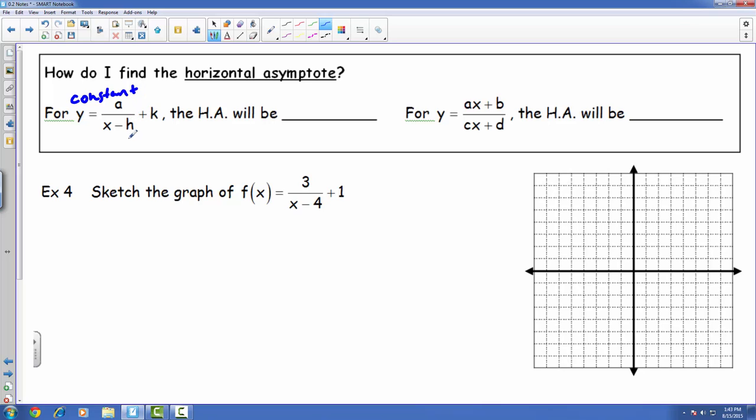h is likewise just some constant. So again, just a number here. And likewise, k is just a constant. So the only thing that's actually not a constant here is really just this x. Okay? So when we're talking about the horizontal asymptote, as a result, since this is just some number, and you